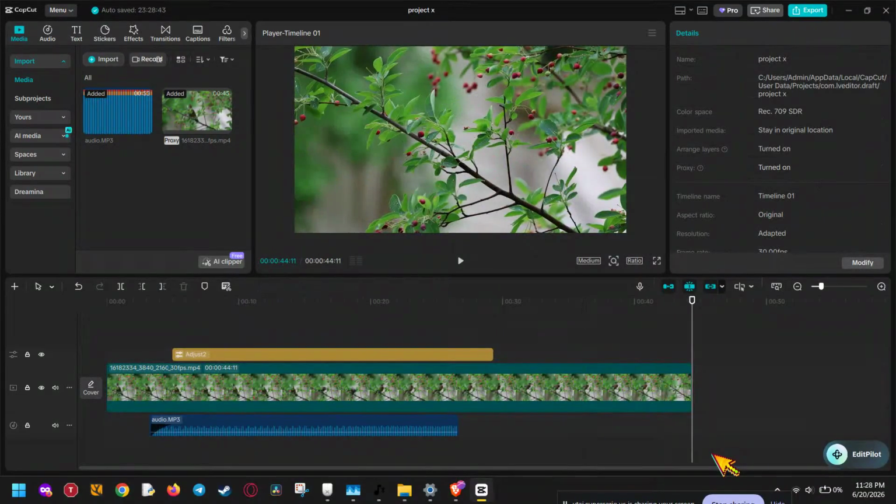If you want to resize a video in CapCut, whether you're making a YouTube short, TikTok, Instagram reel, or just fitting footage into a different layout, this tutorial will walk you through the easiest ways to do it. By the end, you'll know how to change the canvas, crop a clip, and manually scale or stretch a video